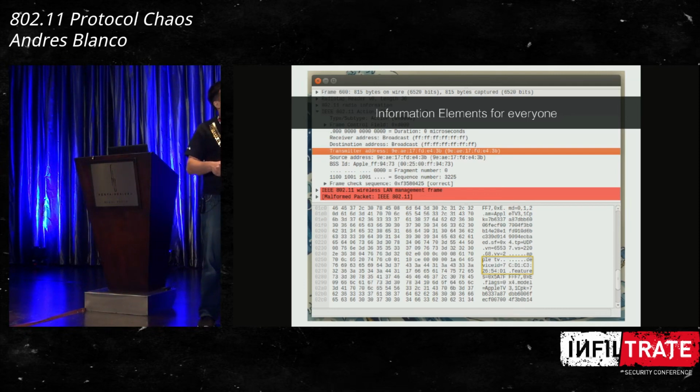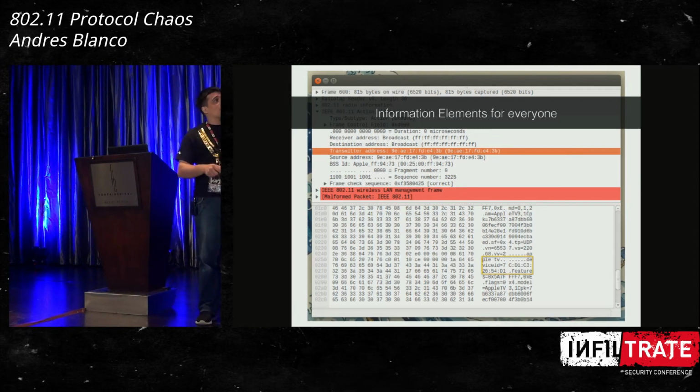I'm not going to be able to know if it's the same device I saw a couple of hours ago. But if you send a frame that has the real MAC address inside the content of an unencrypted frame for anyone to read, MAC address randomization, you broke it. You implement it and then you break it at the same time. And not only that, they also send the real MAC address, the model of the device. In this case, it is an Apple TV, I think an Apple TV 3. And it also sends the name of the device. Again, remember, this is all an unencrypted management frame. You don't have to be connected to anyone, to any network. This is sent to the air so anyone can read it.